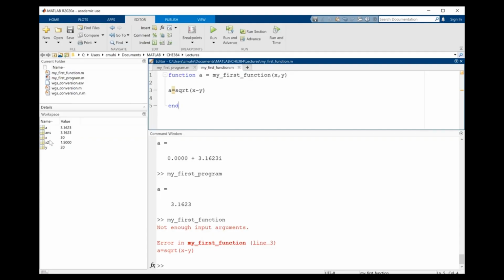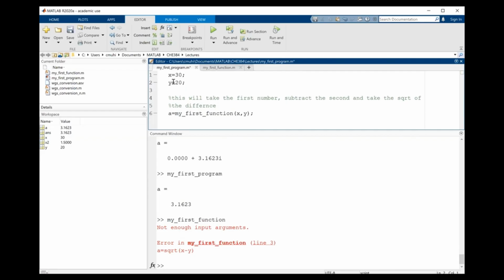Remembering, of course, that what's in the workspace is not passed into the function, right? Essentially, like we've told the person in the next room over, here's the set of instructions, but we never give them the sheet of paper that says this is x and this is y. It's very helpful to write this script, which sets out these inputs and then runs the function. So then you can just click go in the script and it'll test the function that you're trying to work on, just as a handy dandy debugging